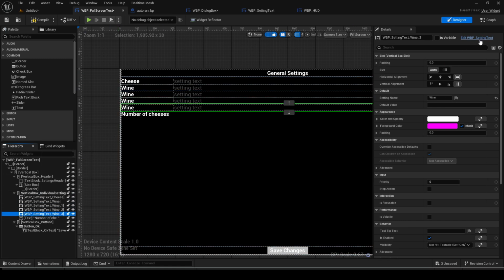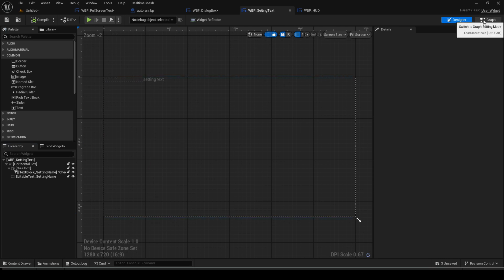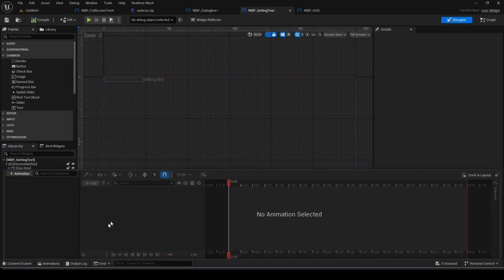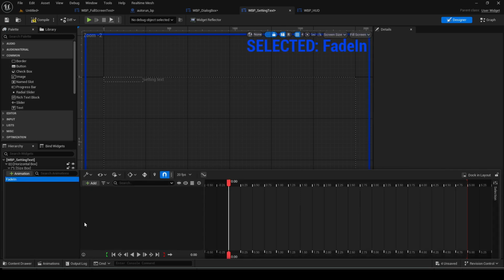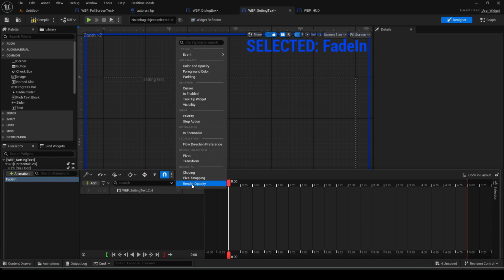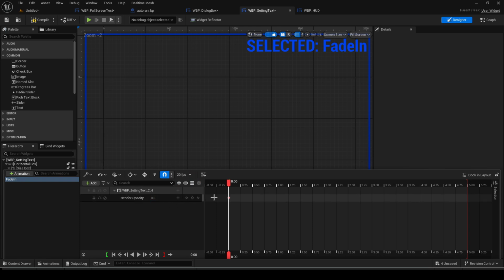If we go to these widgets, we could make this have a fade in. We only want to fade in, we don't want to fade out. It doesn't make any sense to fade out. We'll say this render opacity starts at 0, comes to 1,